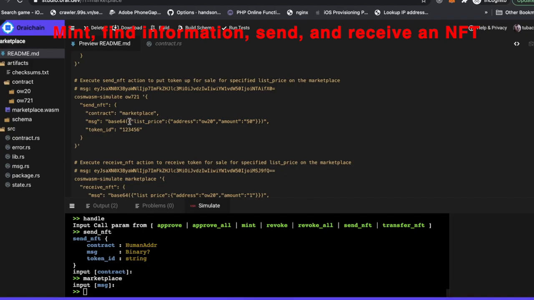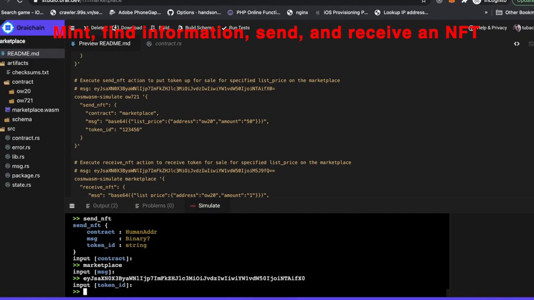Here we have a JSON object, and we only need to enter the base64 encoded message. The token ID.